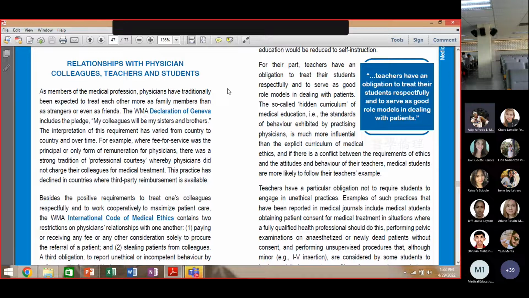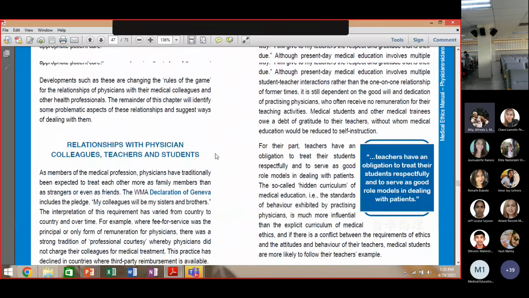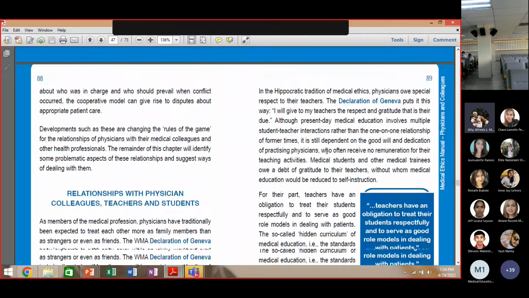Because you are friends, if the doctor cannot pay, of course, you just extend professional courtesy because you are colleagues in the profession. You are brothers, you are sisters in the profession. However, if there is insurance, of course, more often than not, the doctor will collect payment through the insurance company. Okay? So these are just matters of reading, class. I will leave this up to you.